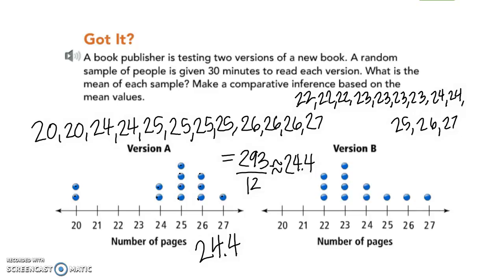23, 4, 25, 26, 27. So I got 284. How many numbers are in my data set? 1, 2, 3, 4, 5, 6, 7, 8, 9, 10, 11, 12. Again. And my mean is, oops,